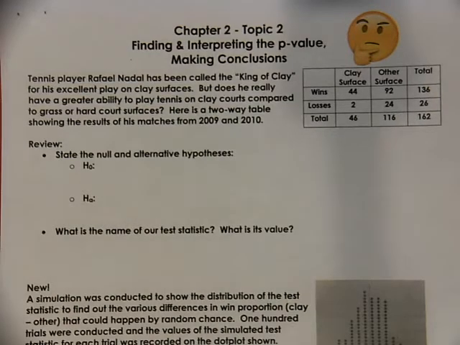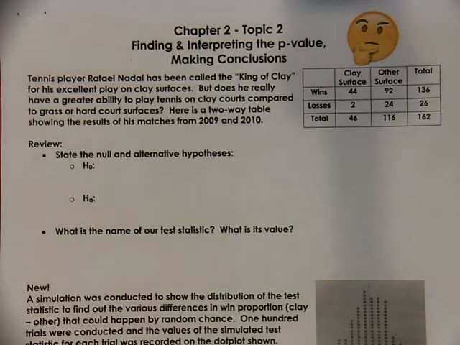Hi everyone. We are going to continue off of what we were learning yesterday about hypothesis tests and build on some more vocabulary words like finding the p-value and making conclusions, so we can understand how to actually take the information that the test statistic gives us and make our conclusion about our two competing hypotheses that we were writing yesterday. Today, our first example deals with tennis player Rafael Nadal, who has been called the king of clay